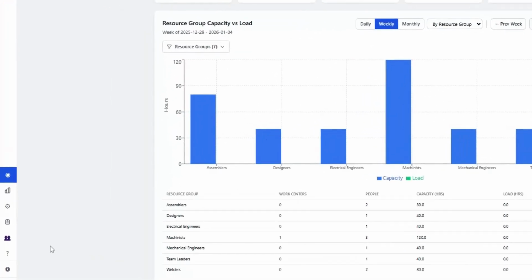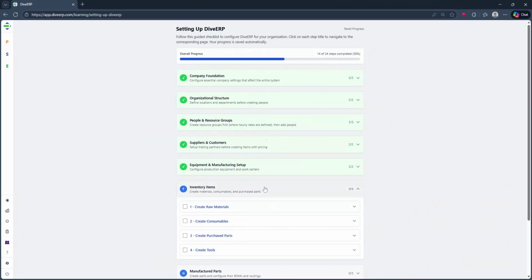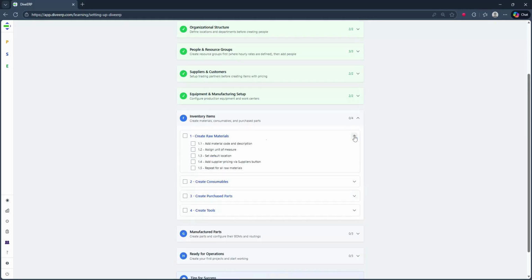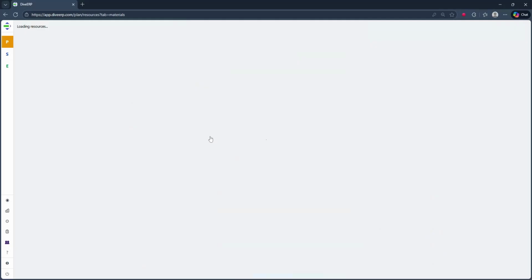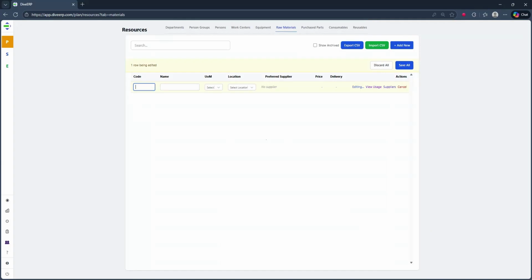Let's continue our setup. For the next step, we're going to be looking at inventory items. So the first thing we're going to do is create some raw materials. Let's go ahead and use the link. We'll add a raw material and give it a code. We'll call this one